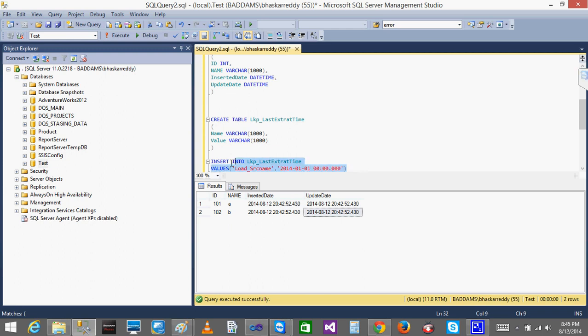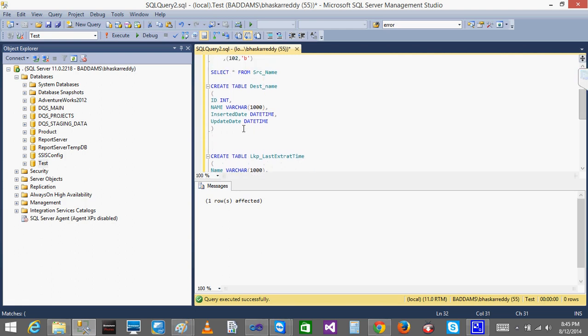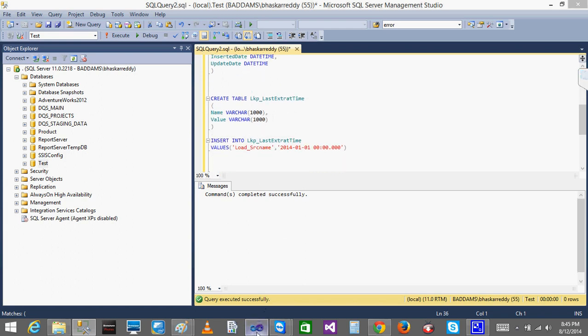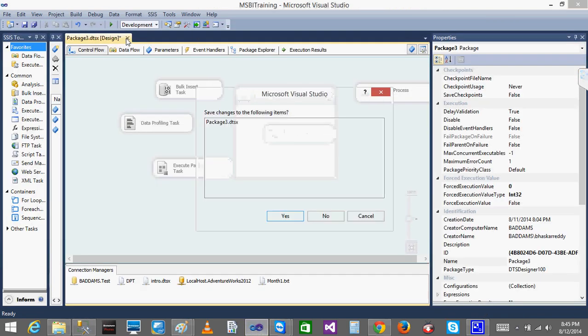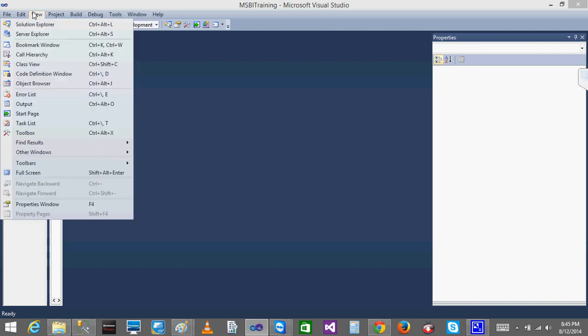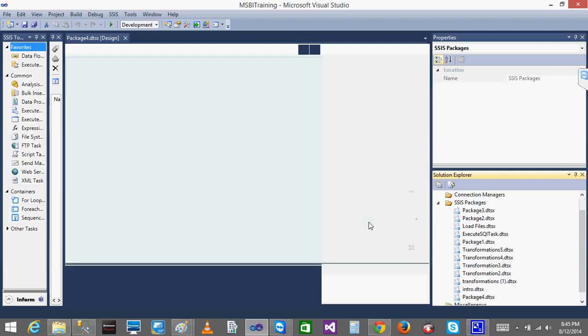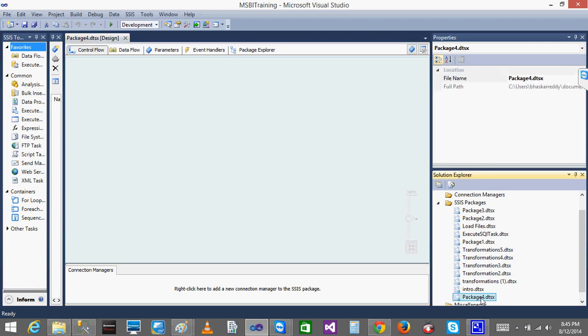Done. Now what I am going to do I need to create a table? Okay, I've created a table. Yeah, done. That's it. So now I need to create a table with the destination also. I'll create a table with the destination created. Now what is my first scenario is that from the package. So I'll just close this package. No, anything whatever may be. Oh, view solution explorer. Yeah, I'll create a new package. I'll name it as some incremental one.